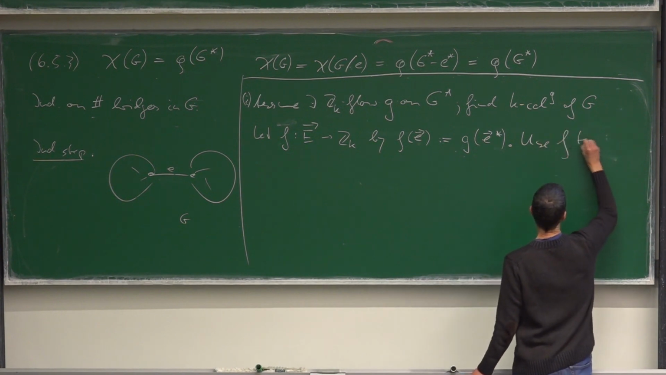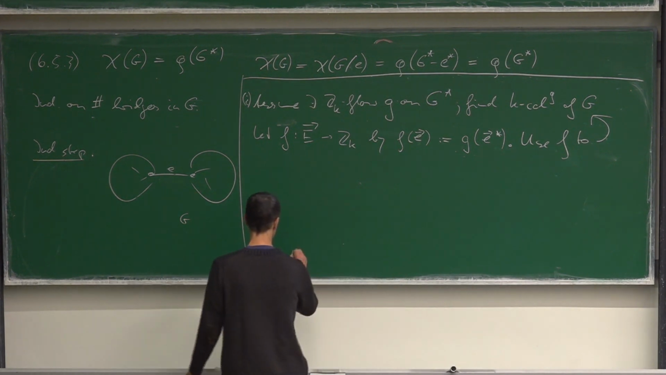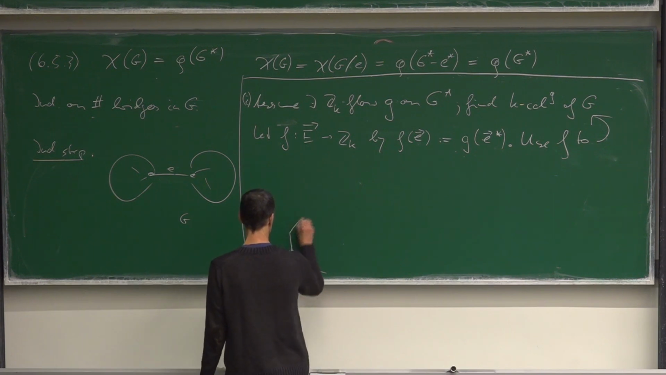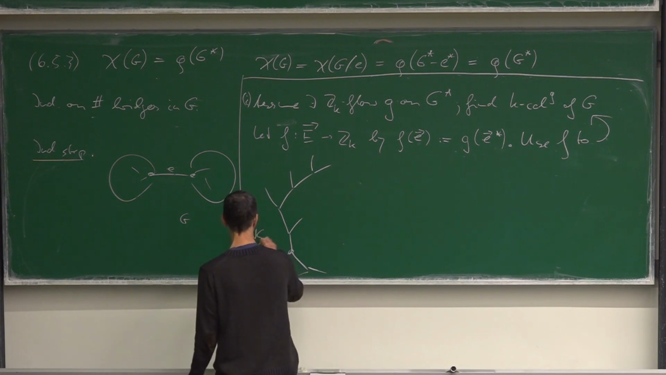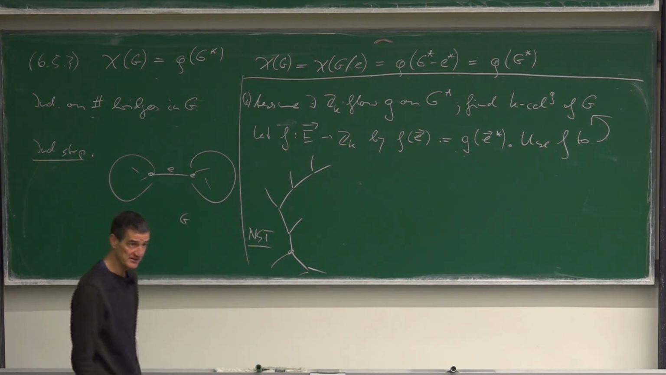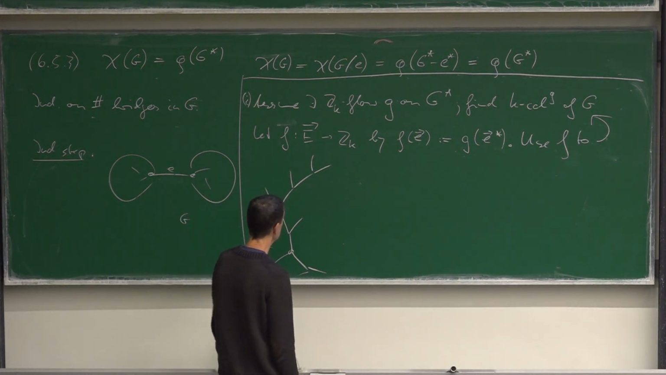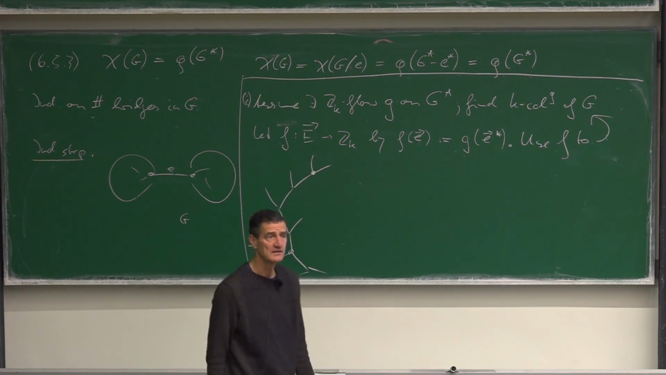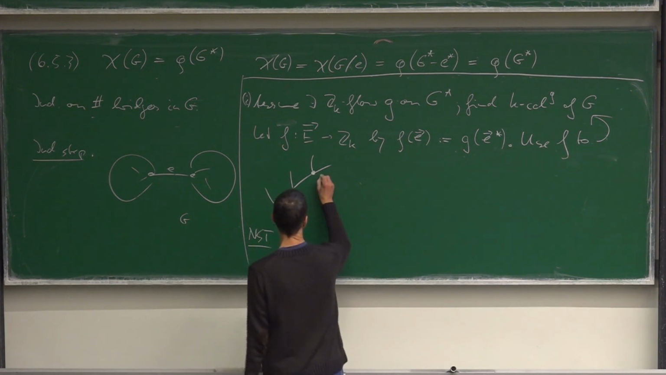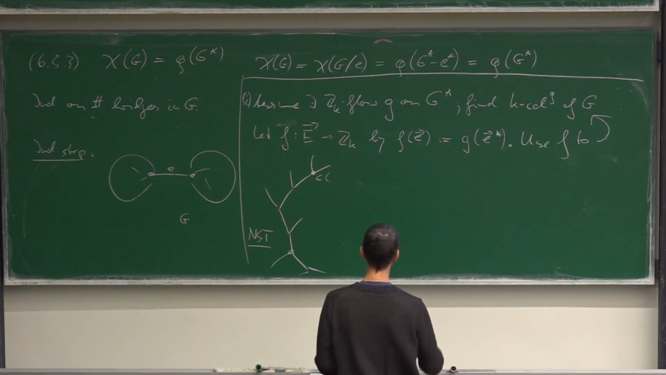Use F to color G as follows. We take a normal spanning tree. So, not just any spanning tree, but a normal spanning tree. And now we define the color of a vertex, C of, what shall we call it, V? Yes, I think V. C of little v